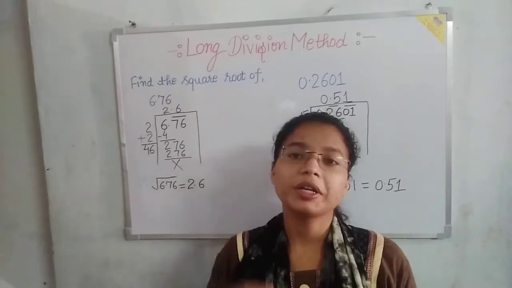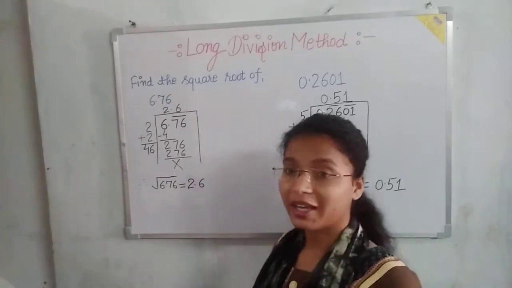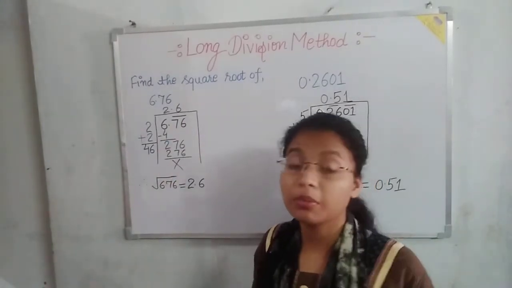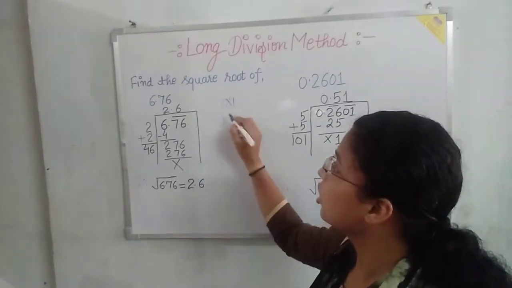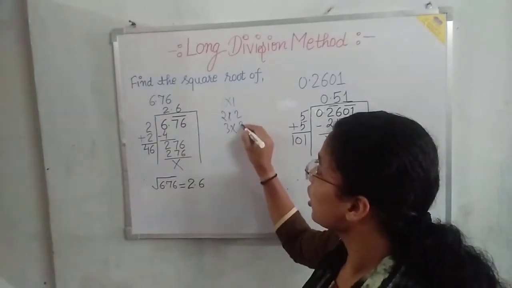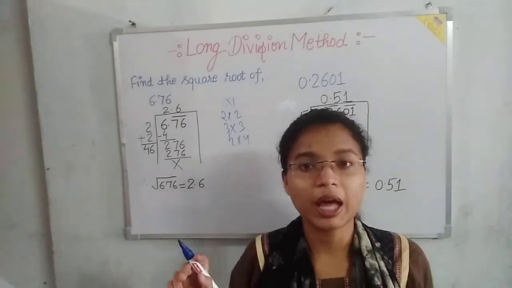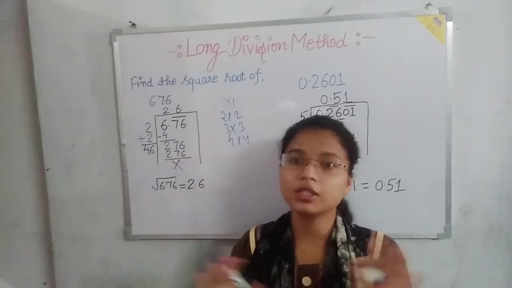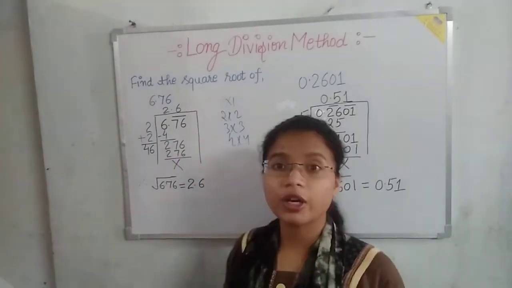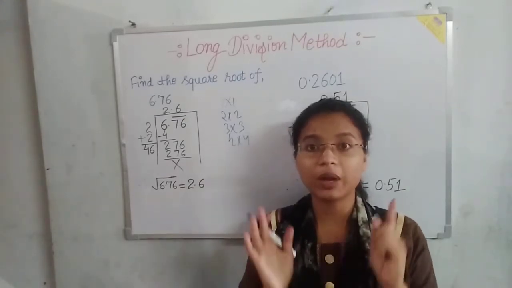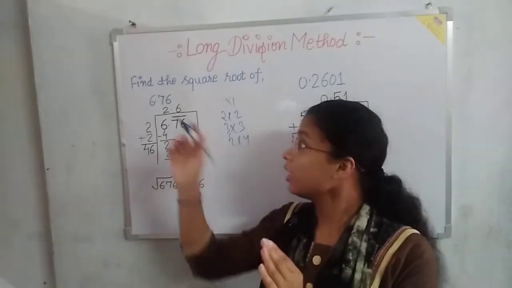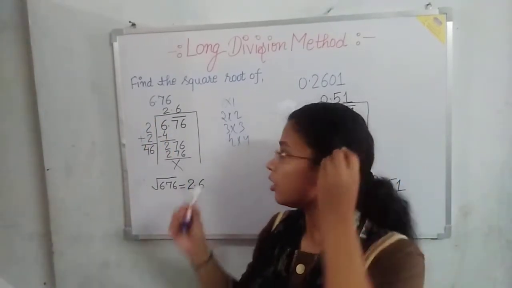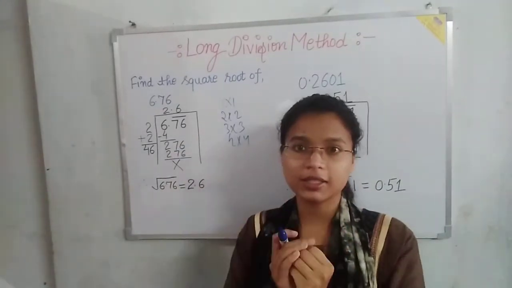Now multiply the squares of a number for getting a number equal to 6 or less than 6. Square of a number means you have to multiply 1 into 1, 2 into 2, 3 into 3, 4 into 4. You cannot multiply like 1 into 2, 2 into 4 according to your convenience, like you do in simple division. No, this is a division for a square root, so you have to multiply the square of a number for getting a number equal to 6 or less than 6.